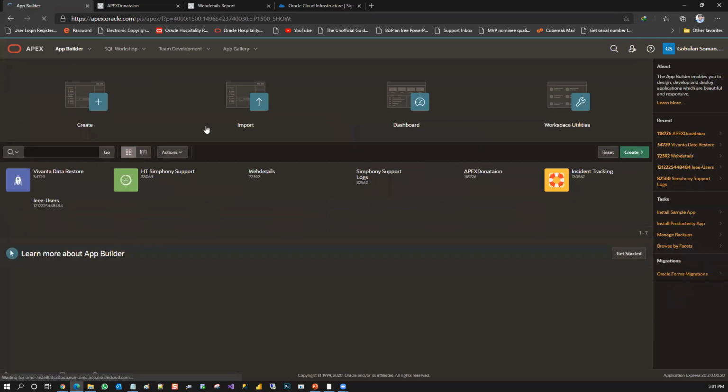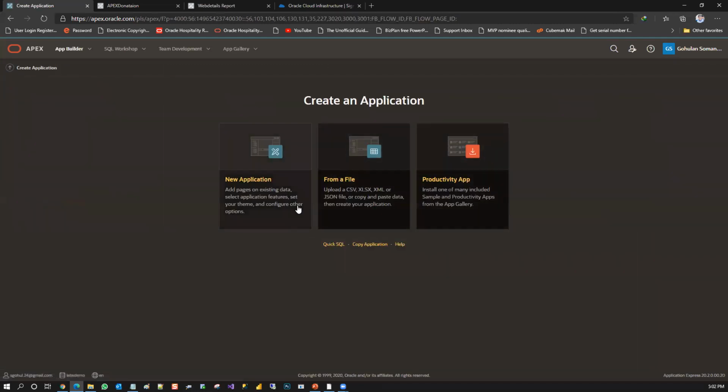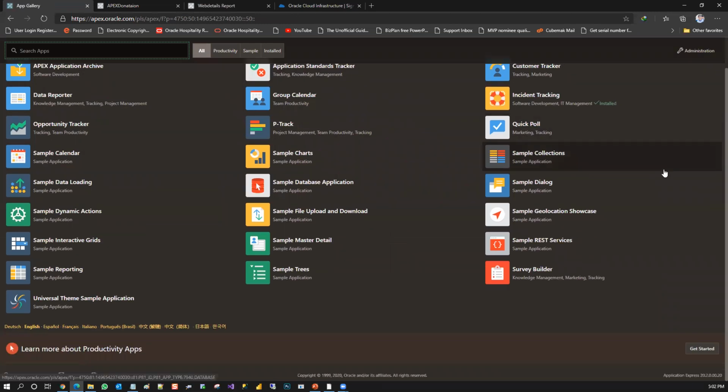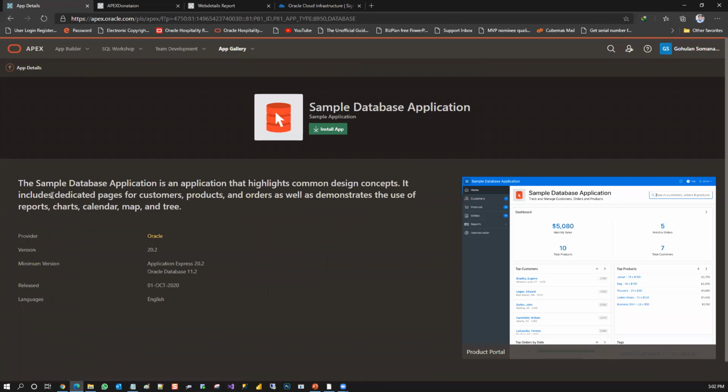If you go to App Builder, you can see a number of applications which I have built earlier. I'm going to build another application, not a new application or from a file, but an application with a template. This is a productivity app, predefined by Oracle and available in the market. I just click on it, and you can see there are a lot of apps available. If the app you are going to develop is similar to this kind of app, you can simply click on it,